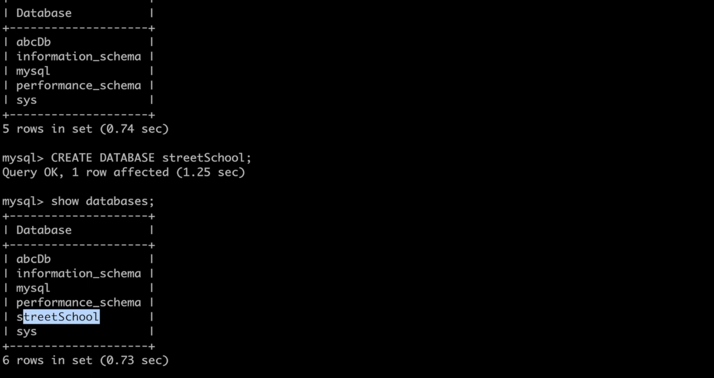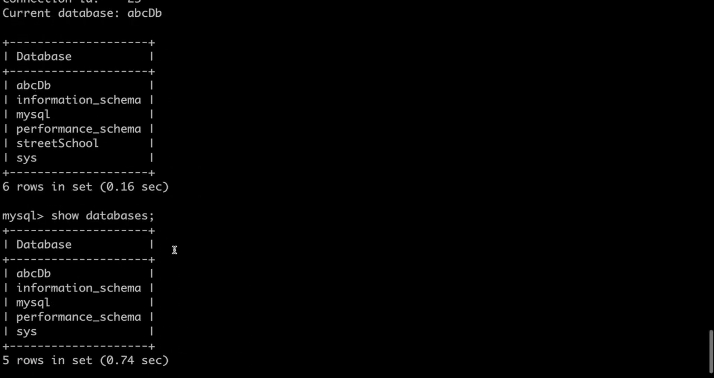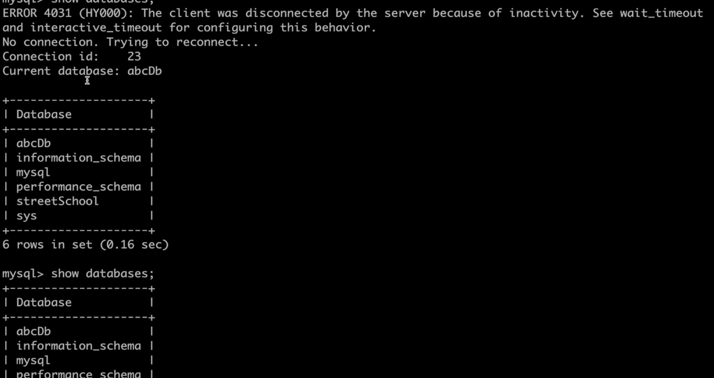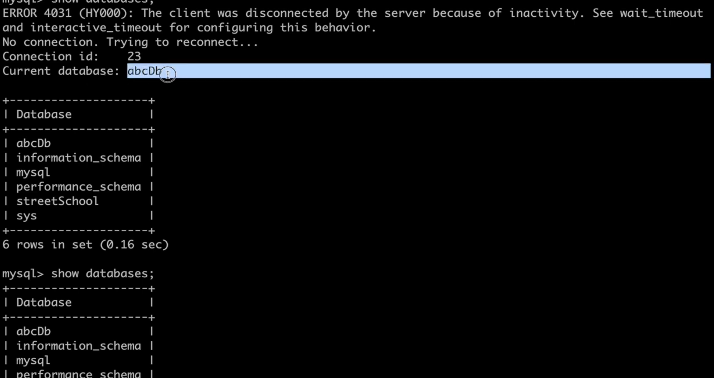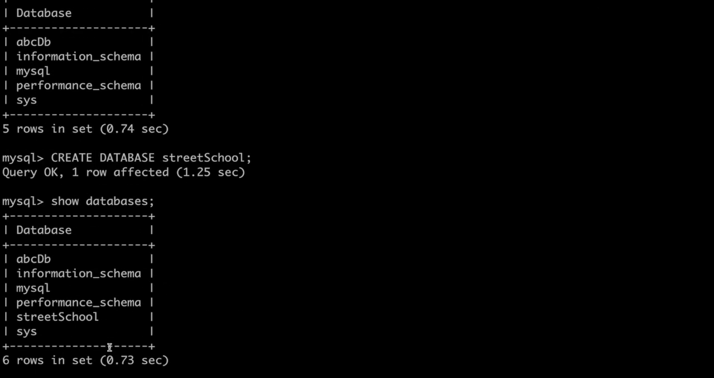You get me? If you remember at the beginning, after you create a database, you need to make use of this database so that the command line knows the one in use. Otherwise, this other one will be in use. If you remember, when you come here, you see the current database is ABCDB. So it is in use currently. Now for us to switch to this one, we use the word use street